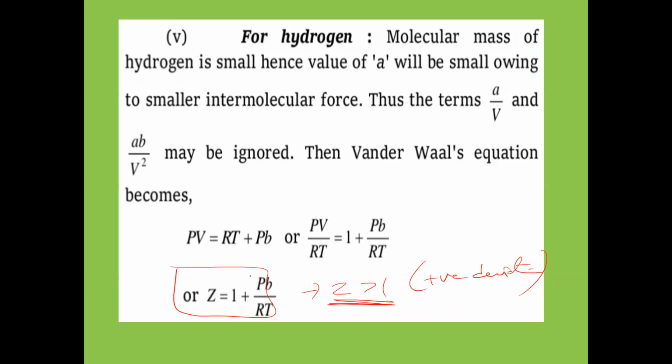That's why here b cannot be neglected, but a we neglected. In case of hydrogen and helium, attractive force is less. When attractive force between hydrogen and helium molecules is very less, the a value is neglected. A value neglected means pressure correction is neglected. So pressure correction formula, what? an² by